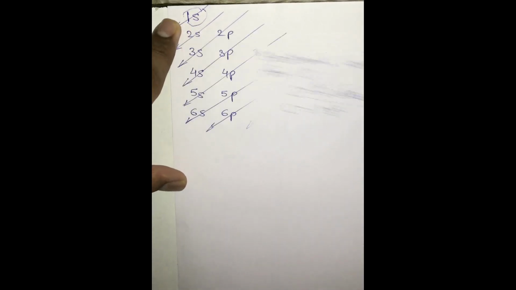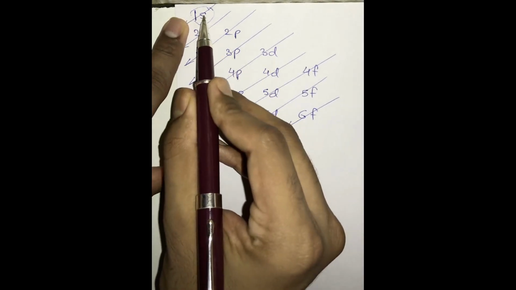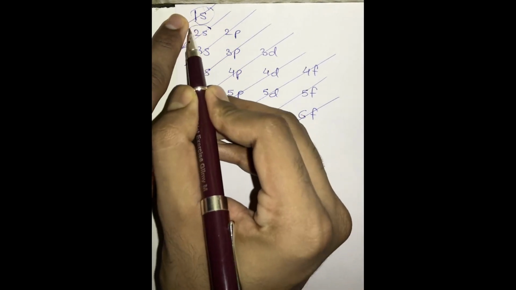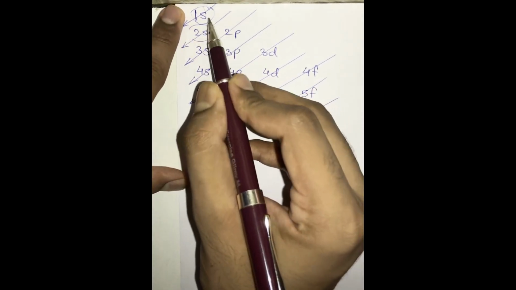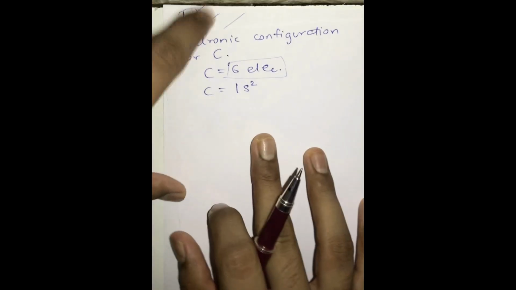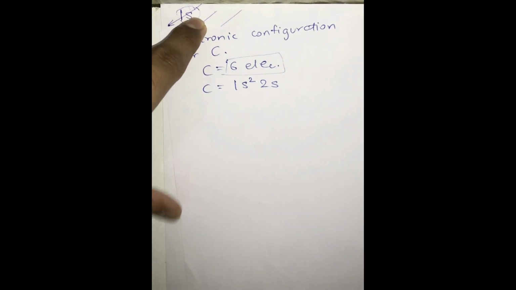Now let us move ahead to the next energy subshell. After 1s comes 2s. Am I right? The second arrow, second diagonal. So after 1s, 2s has the least energy. So you will write somewhat like this, 2s, and again this 2s can only accommodate 2 electrons.